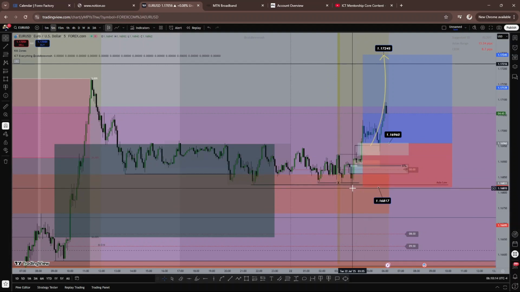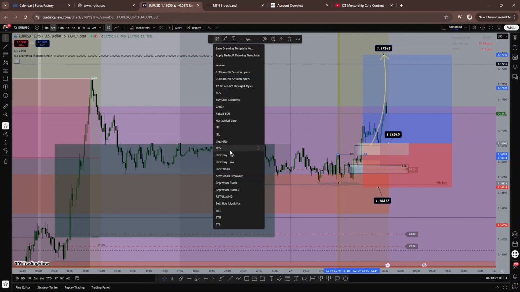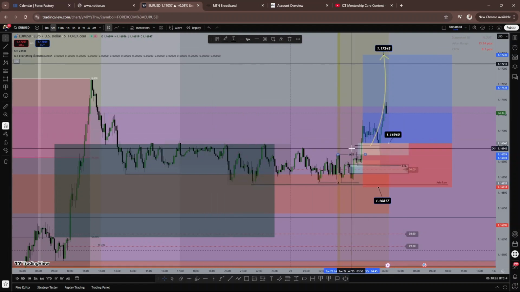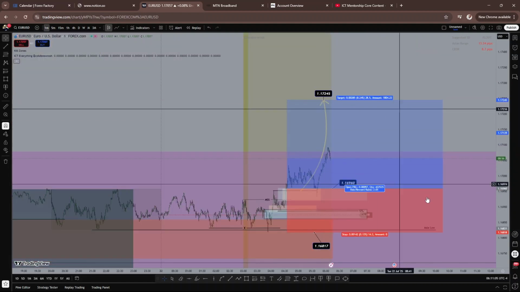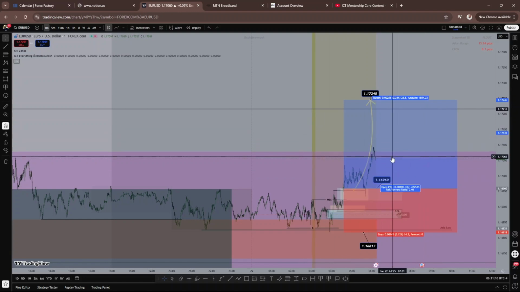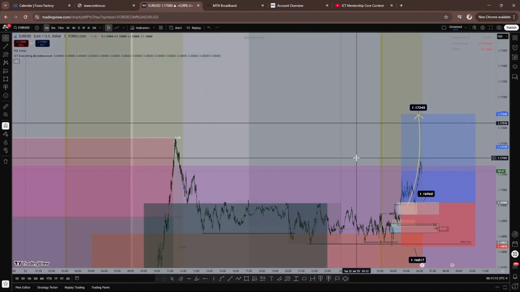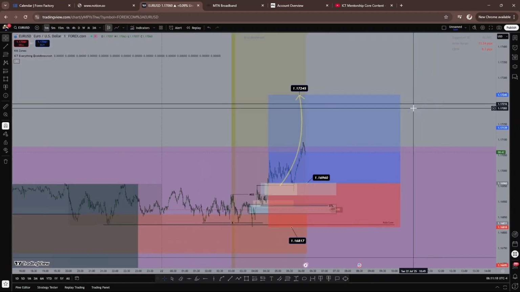You can see how it swept this Asian low. This is now a break of structure. No, that is now a market structure shift. So sweep, market structure shift. The first value is where I just want to put my entry, and that's why I put my entry. It's a 1 to 2 risk to reward trade, and that's how it's going. And I'm going to update once it plays out. Let's go.